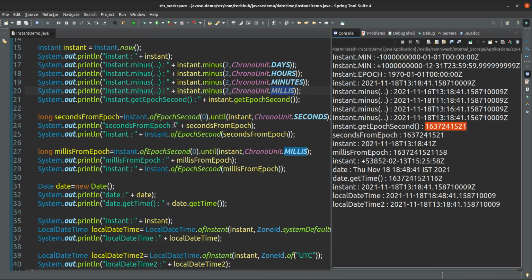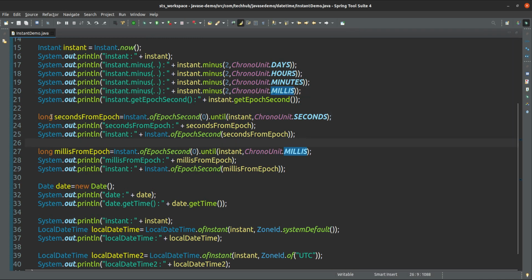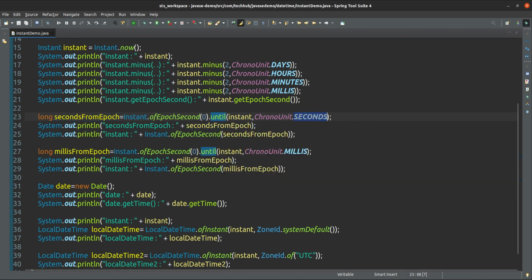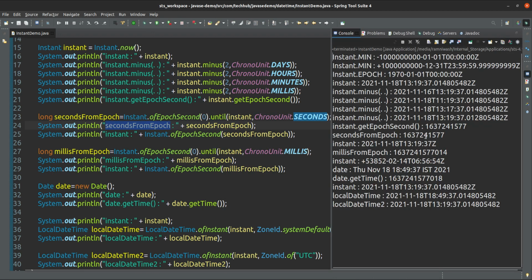Here from here, if you see Instant.ofEpochSecond, so here what we are doing, we are taking seconds from epoch. How many seconds? Suppose Instant.ofEpochSecond 0 until this one. So how much will it be?